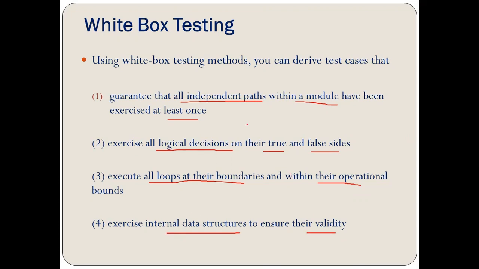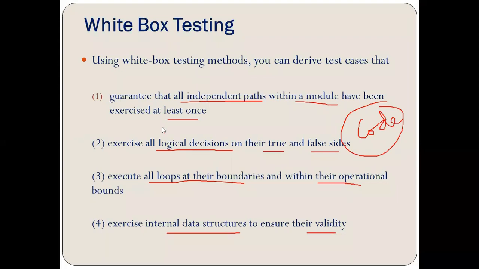So basically, all these terms: logical decisions, for example if then else; loops, for example for loop, while loop, do while loop; and switch cases, all these are considered within a code only, right? You are finding out the errors in a code. That is why it is called code-based testing. You are going to test the code, you are going to test the internal structure of the application. So that is how white box testing is defined, right?